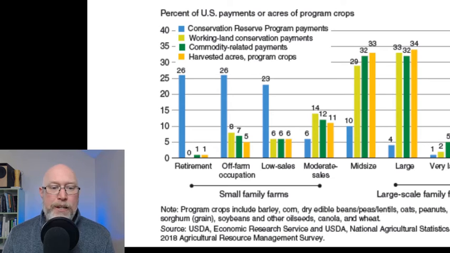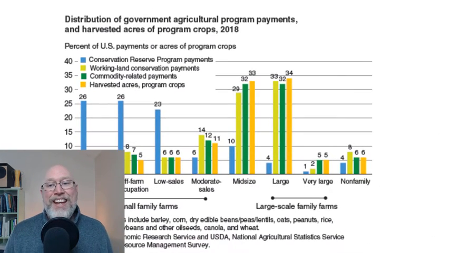And what you're going to see happening is kind of that story. In essence, the government is using Conservation Reserve Program payments to help cash flow farms that really aren't producing a lot of agricultural commodities. They're putting the reserve program money into the small farms, whereas the commodity related payments are going into the larger farms. Now, it's hard to understand what all that means without context, and to get that context, you should take agricultural policy and you'll get a better understanding of what all these things are. So make sure you sign up for that class if you get a chance. I enjoy teaching it. It's a pretty fun class.